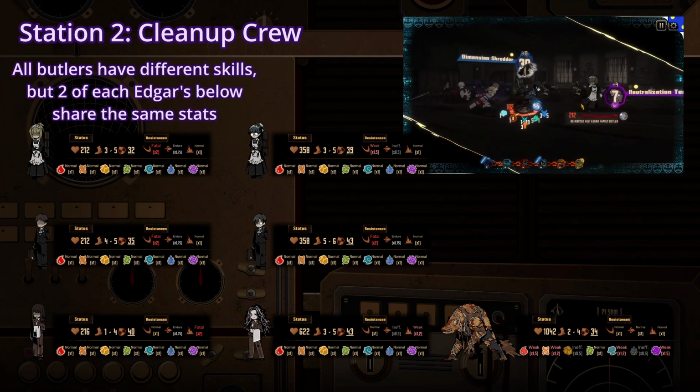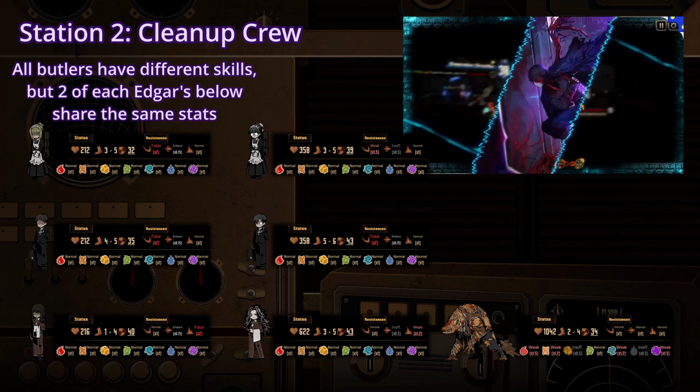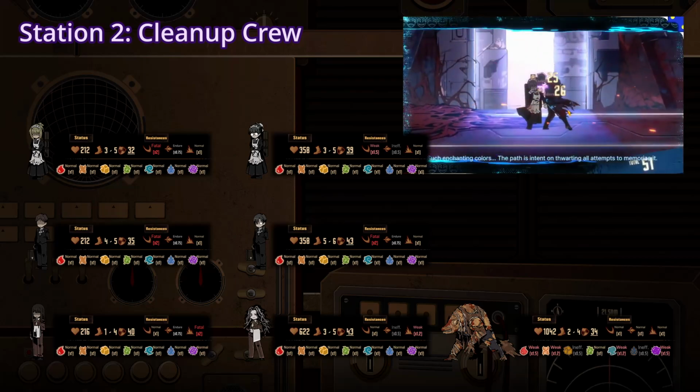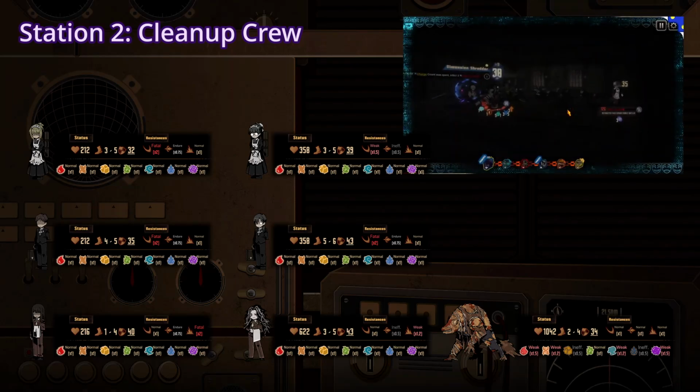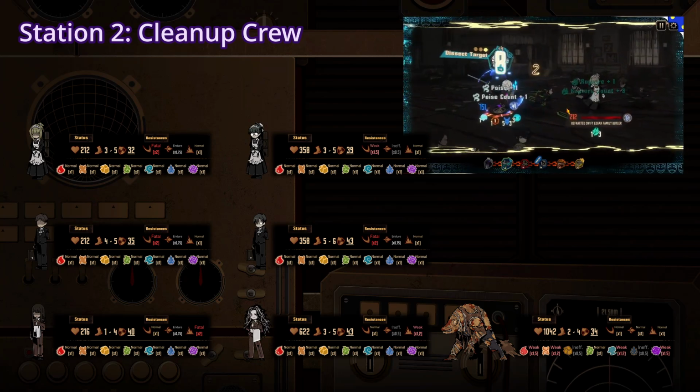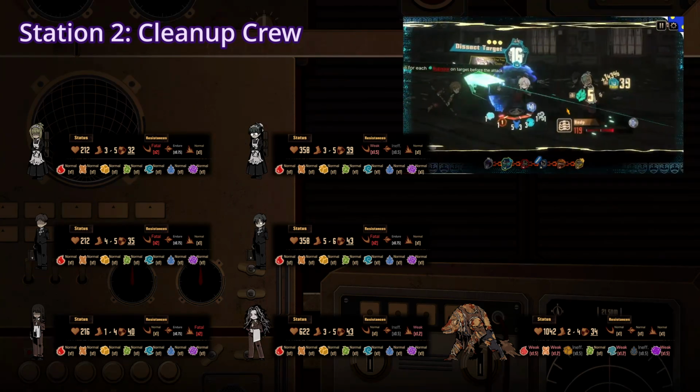You'll start with the 6 Butlers of the Edgar family, which can be annoyingly fast. Not much to say, as it's the usual fodder with maybe 1 scary skill, other than that they are all weak to Slash. Unfortunately, Slash Ego with more than 3 attack weight are in very high demand for very low